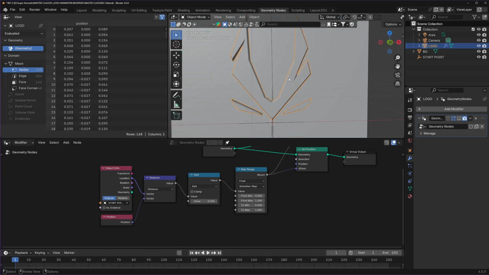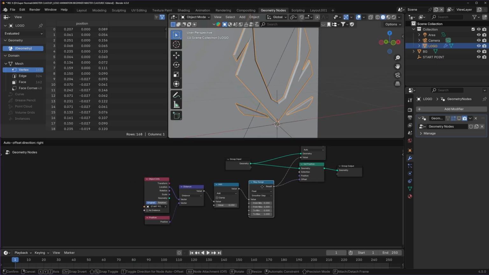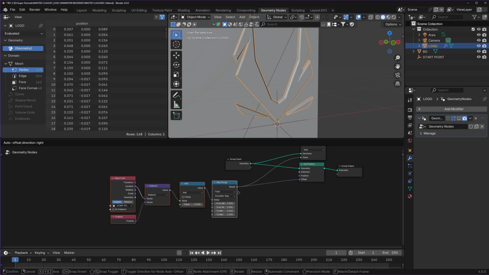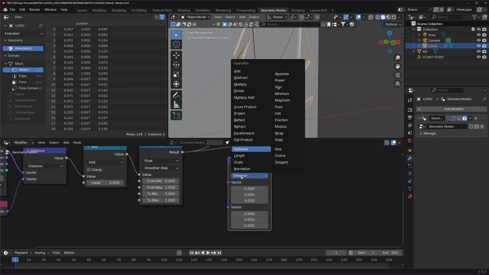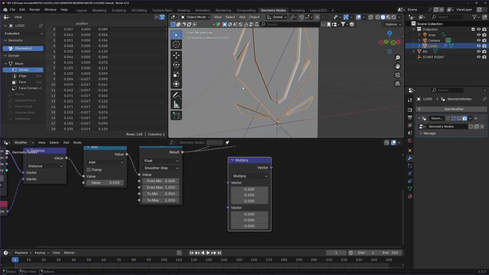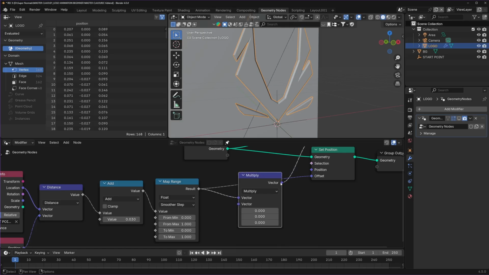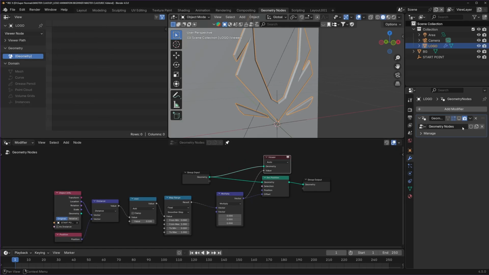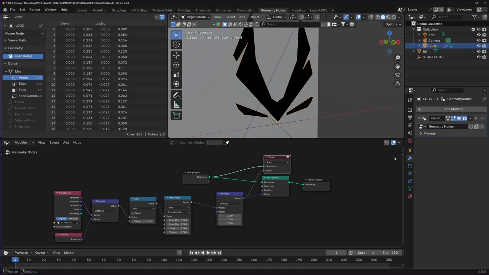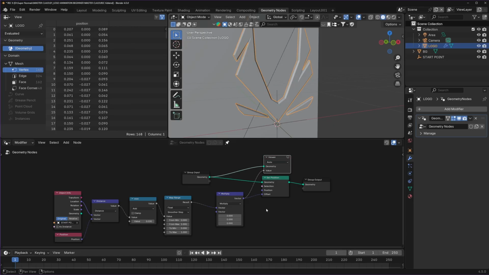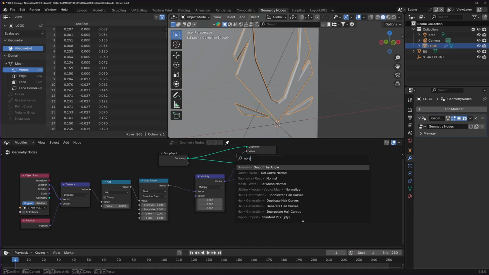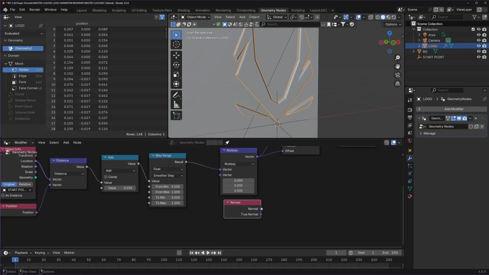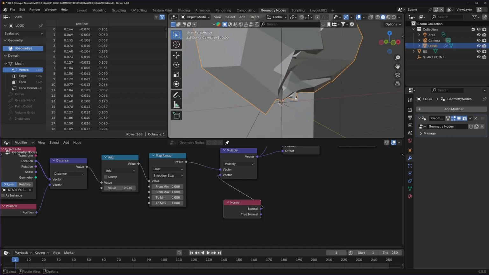So let's go out of edit mode and get back to geometry nodes. We'll make some more space, move all this to the left, duplicate this distance node which is a vector math node, and I'll switch the function to multiply, drag it in between and connect to both sockets. Let's turn on our geometry nodes again. Turn off the viewer. We can get normal data inside geometry nodes as well. So Shift A and search for normal. We can plug the normal into the second socket,